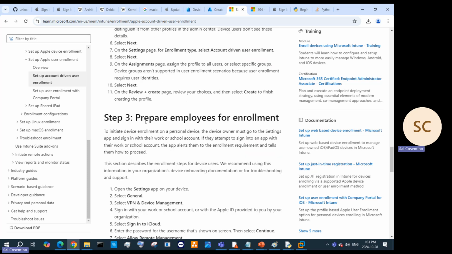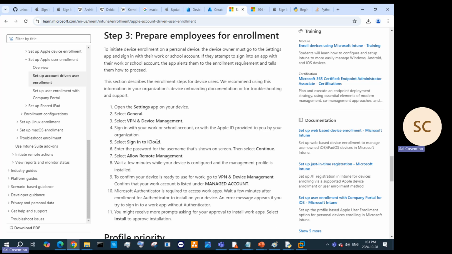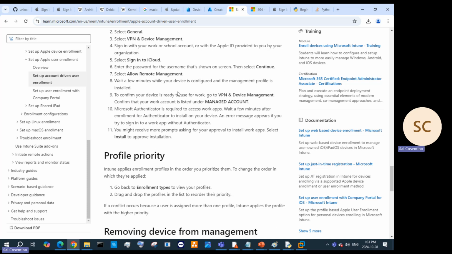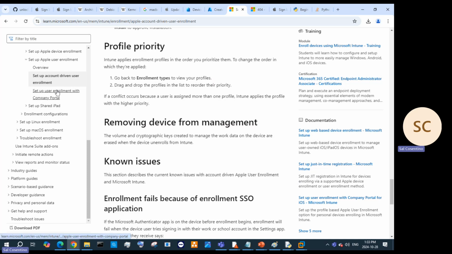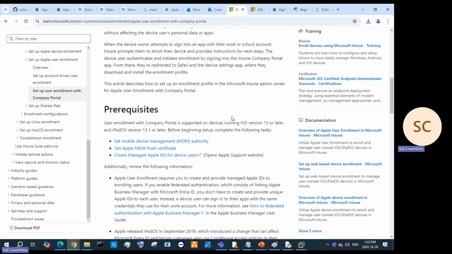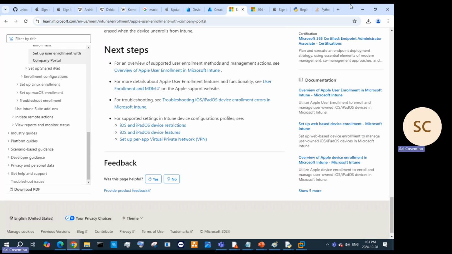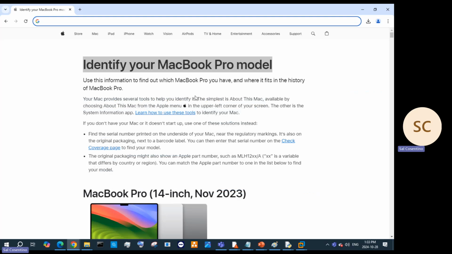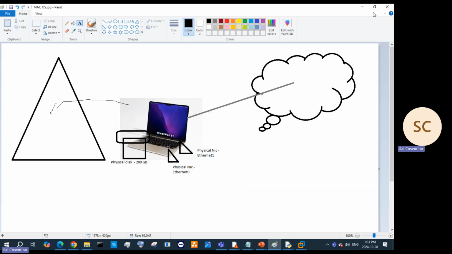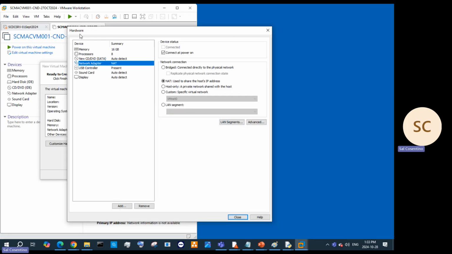Once that's done, you can prepare the employees for enrollment. That's on the physical device. You can also do it with user enrollment. Again, it's totally up to you. You can try both profiles out and rename them. I'm not going to do that right now. I want to go ahead and complete this. So I'm going to go ahead and